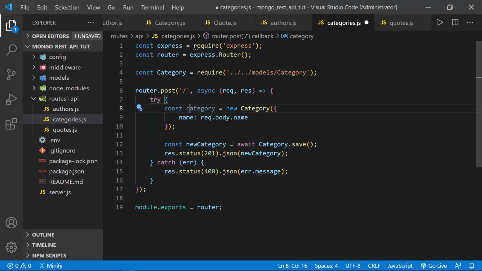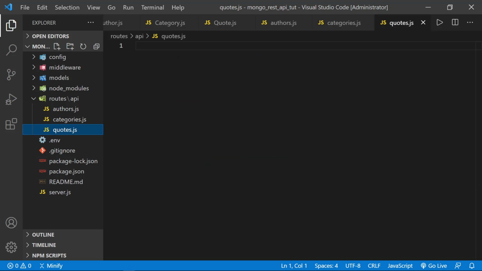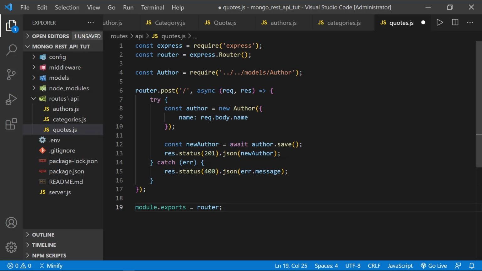So we've got Category capitalized there, category here, lowercase category, new Category again capitalized there, and then down here, new Category, lowercase category there, new Category. Okay, I think we've got it. We'll save that file and we'll move on to the quotes.js, once again pasting in what we had from author,